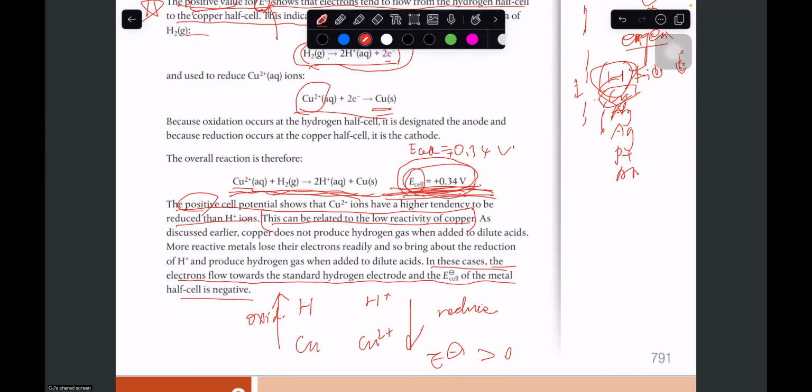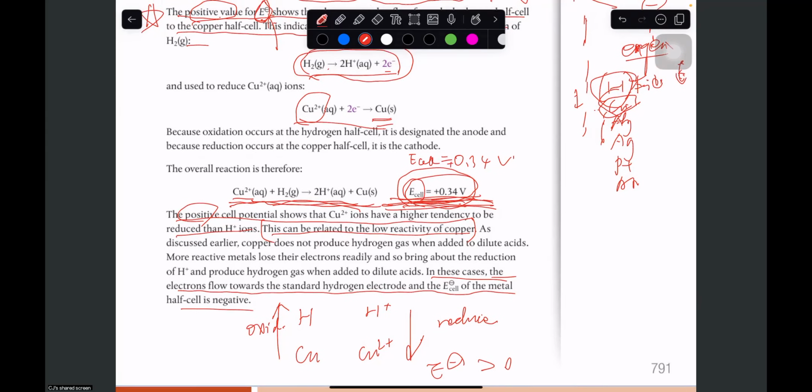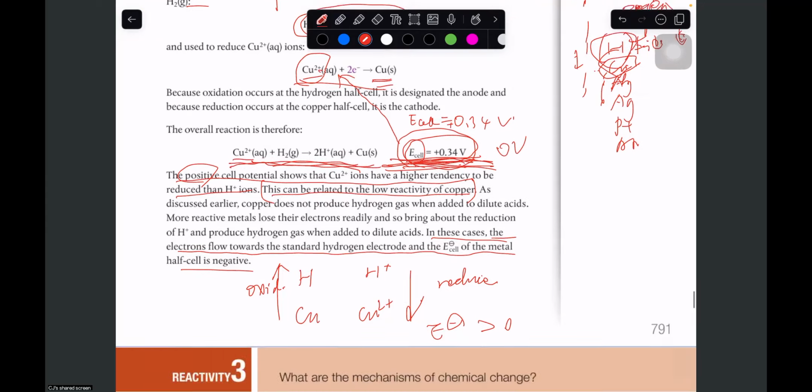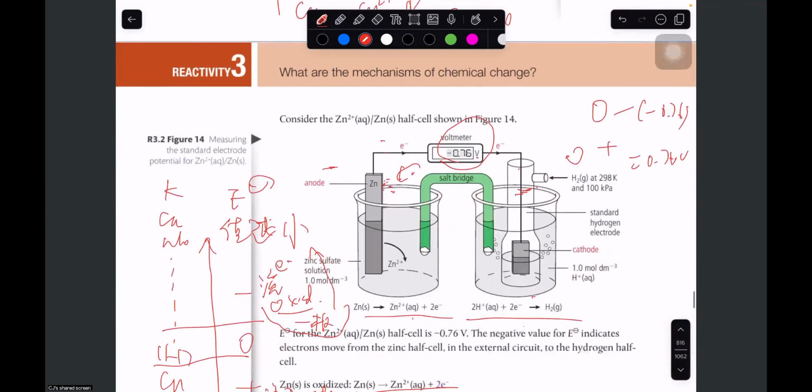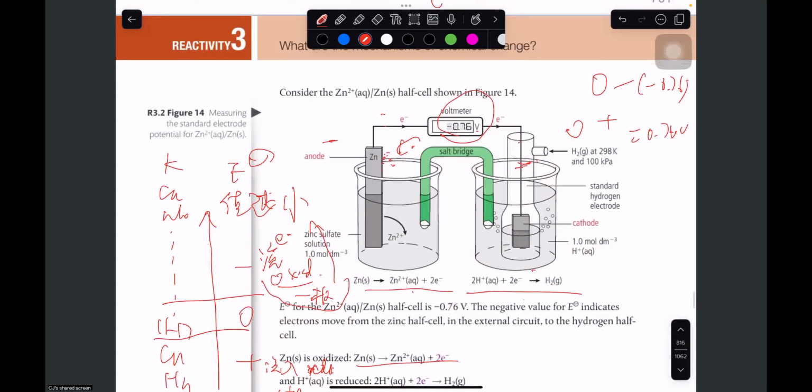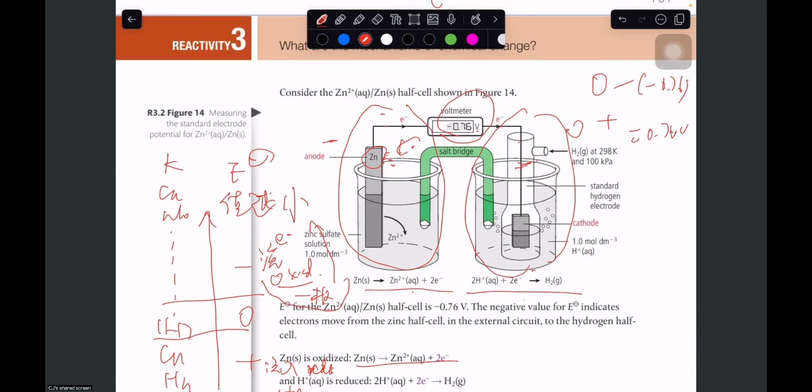This is the potential difference for this whole cell, right? And actually, it's the potential of the copper ions because the other part is zero voltage potential. And we will have the second example. We connect the zinc half cell with the SHE. We get the voltage like this one,